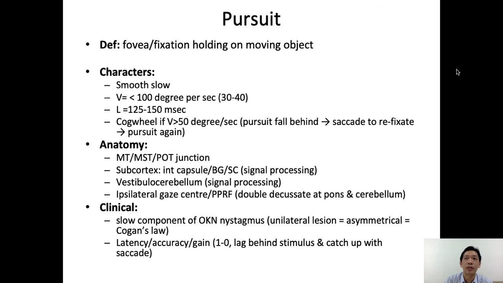As I just mentioned, in the cerebral cortex your brain will decide whether you want to do a pursuit movement or saccade movement. But at the end, any of these impulses will go to the gaze center located in your brainstem. Then you tell me which part of the brainstem, which reticular formations, which neuron component, and also the tracts in the reticular formations that are responsible for the movement. And then you give me an example: when a patient wants to look to the left, what cranial nerve and what type of signal is fired for you to move to the left